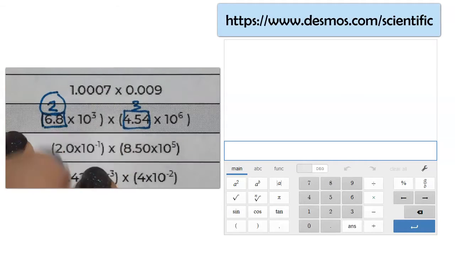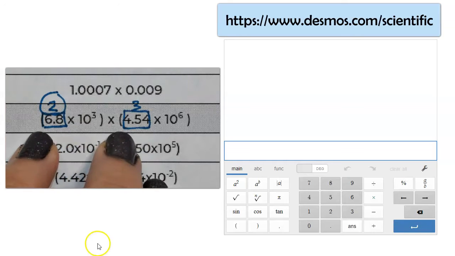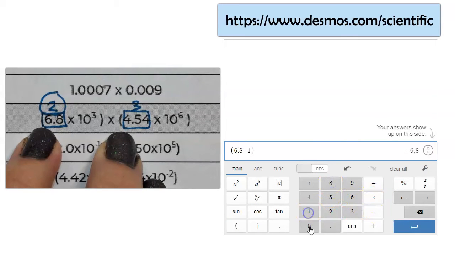Here's a way to calculate this same set of numbers with the online calculator that's posted on Canvas. We're going to open parenthesis, which is here, and then type in 6.8 times 10, and then we're going to use this AB raised to the 3rd power. I'm going to tab over or click here to get it off of the exponent,